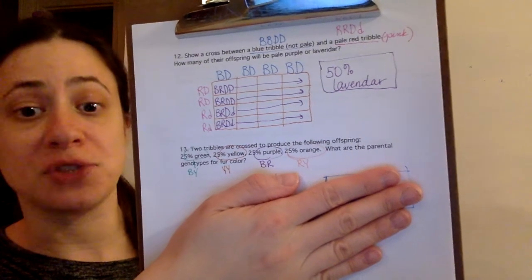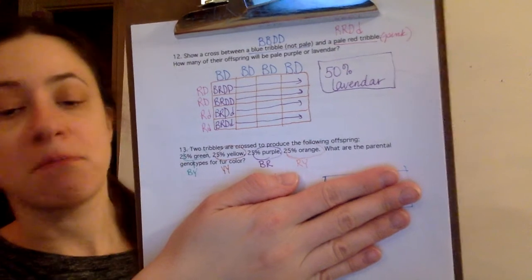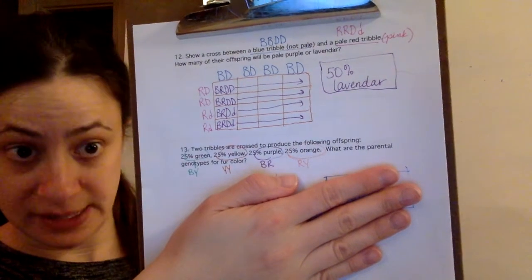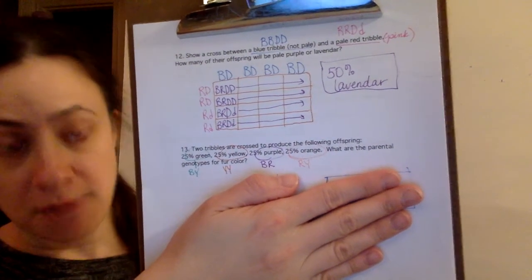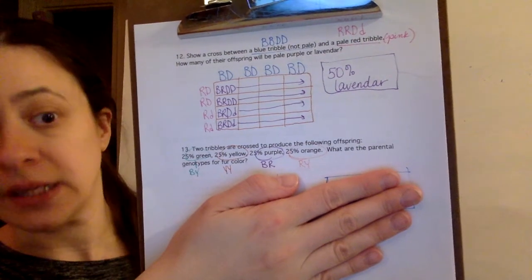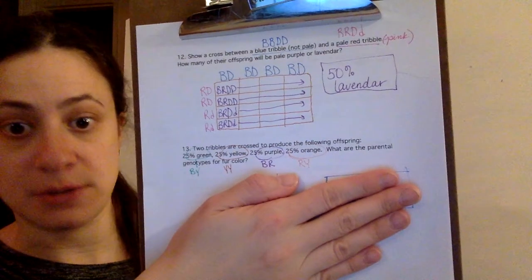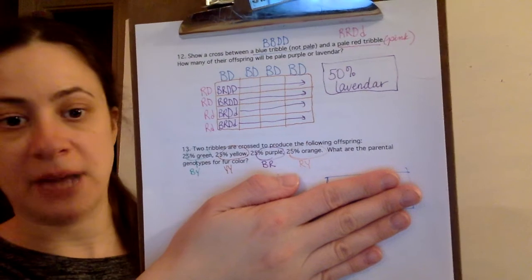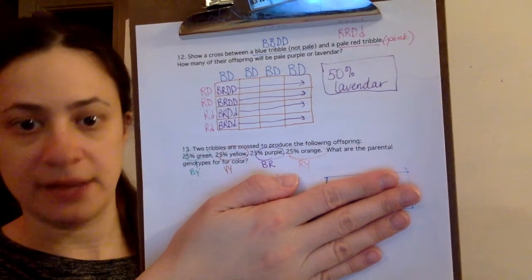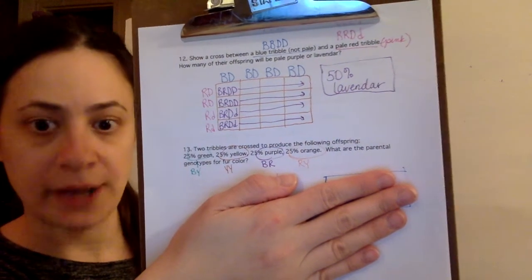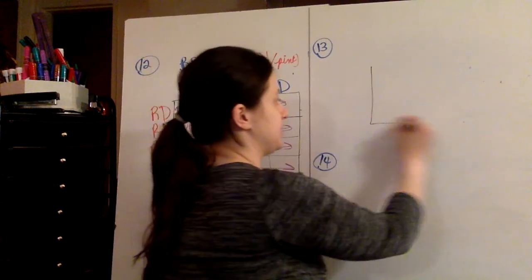So now we have to work backwards. But the parents, as would be evident from here, the parents would have these alleles. So we'll have to work backwards. But the parents would have the alleles B, R, Y. So let's go ahead and work backwards, as I had just said. So for number 13,